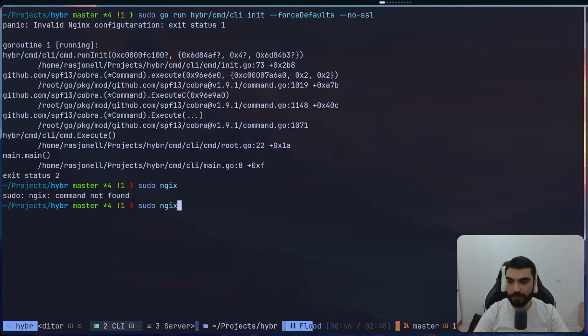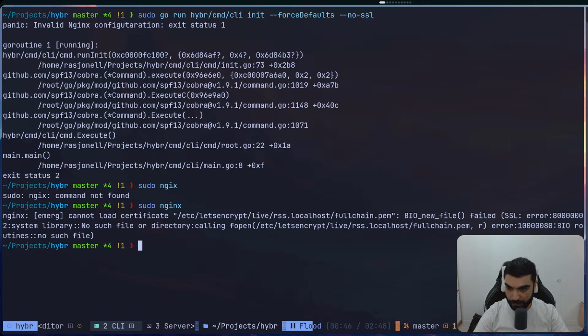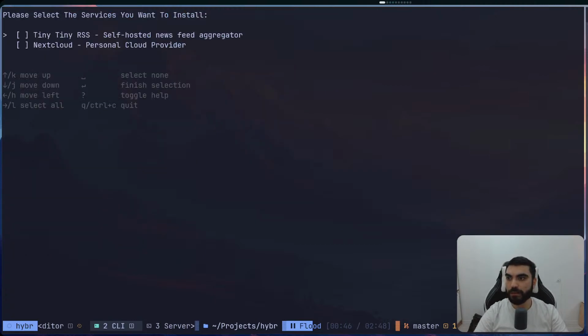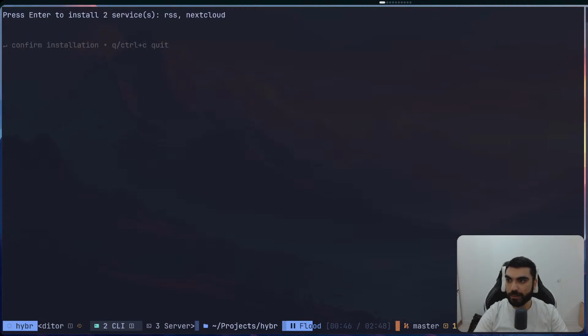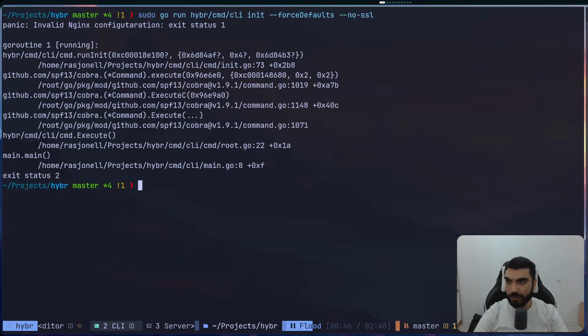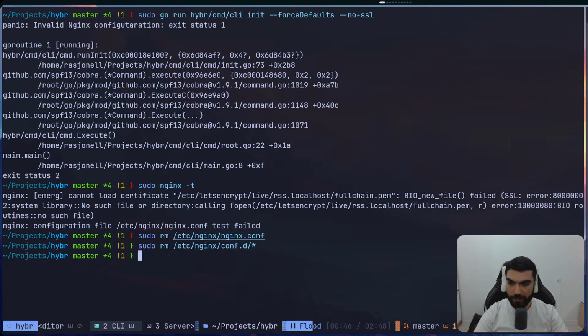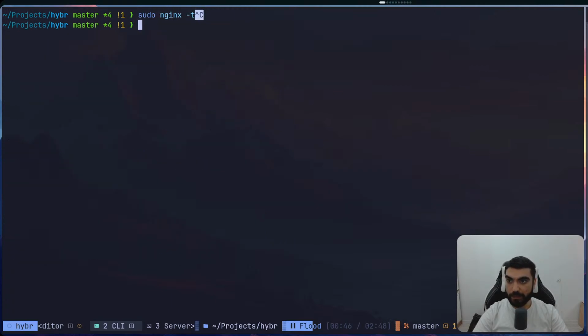It's because Nginx isn't running. It's okay. I think it's okay. Okay, let's try again. Accept defaults, install, invalid Nginx configuration. Okay, let's see what's the issue. RSS. Yeah, I think I know why. So I'm just gonna remove my Nginx configs. I'm just gonna remove everything here. I did some testing before, that's why